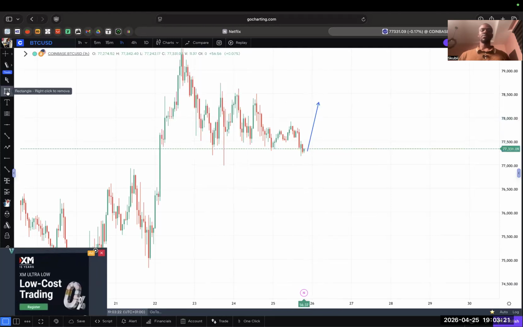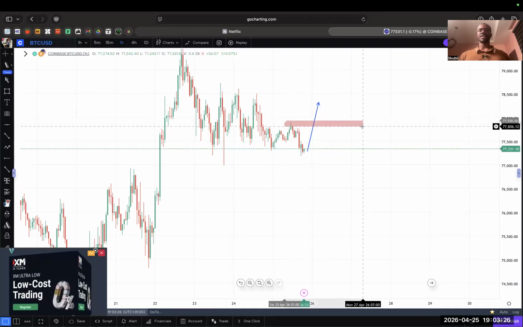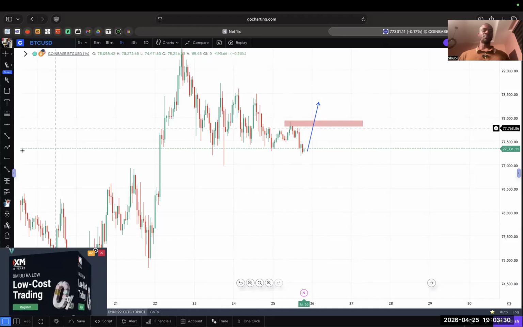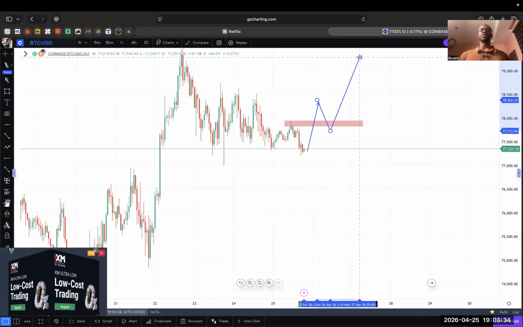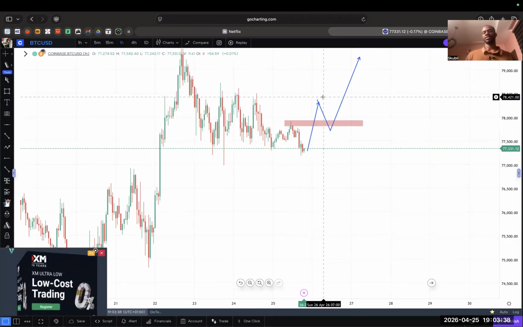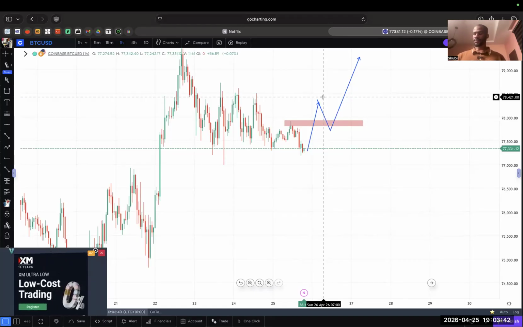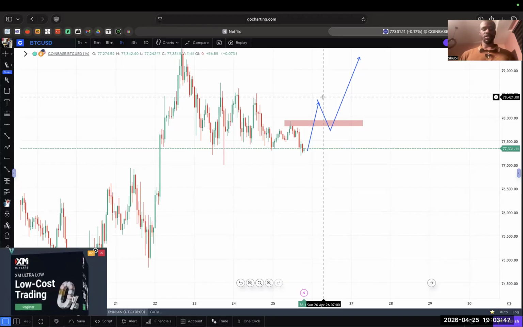So if price actually comes to break this high to the upside here, we have this resistance turn to support here. Do you understand? At this point, I'll be looking at price coming back to tap this level or somewhere around here before continuing to the upside. But before seeing any buy opportunity, price actually needs to break that high first. That's basically what I have on BTC. And then the other one was USD JPY.